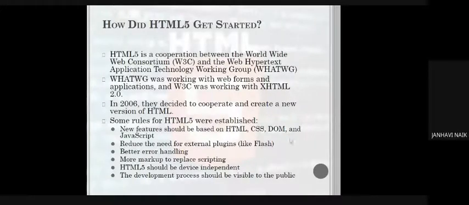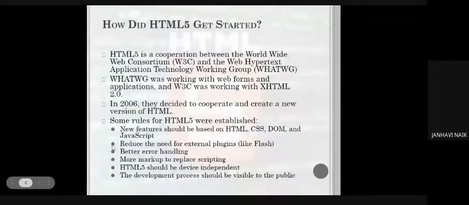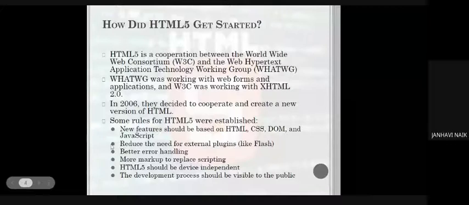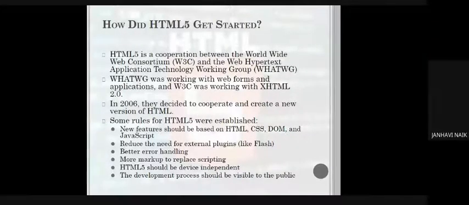Okay, DOM, that is the Document Object Model, in terms of making models, and JavaScript, that is the language in which you write the script. Regarding JavaScript, we are going to study it in unit number 3 in detail. So all the features that will help to make HTML better, all the features that will help to make the experience on the website look better, were decided to be added.